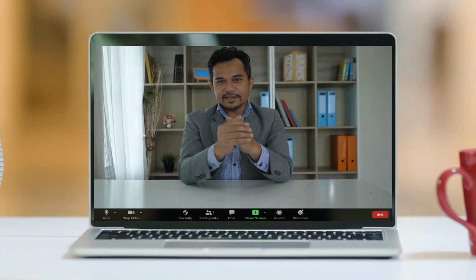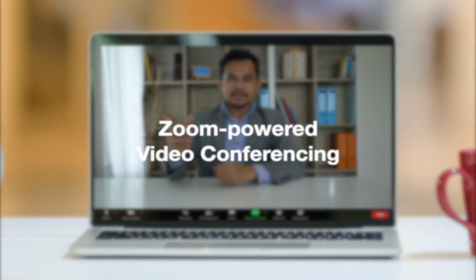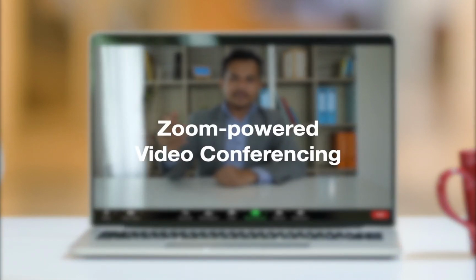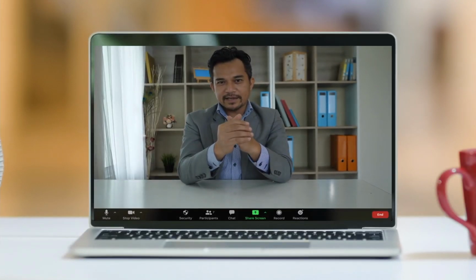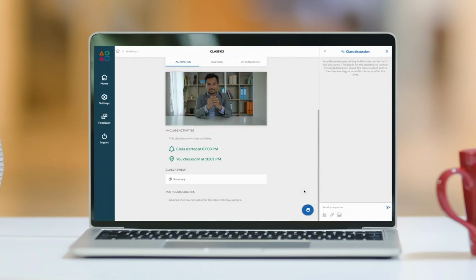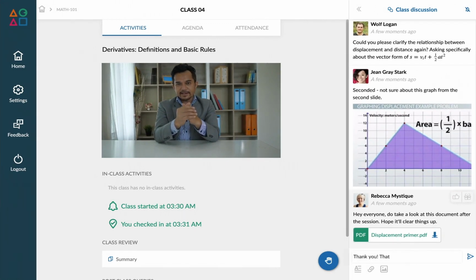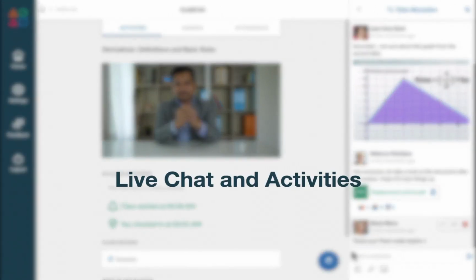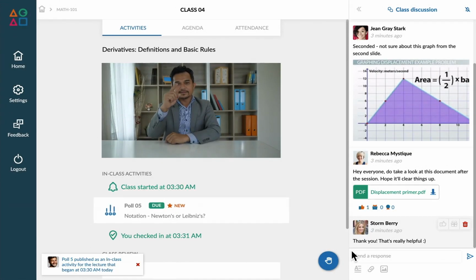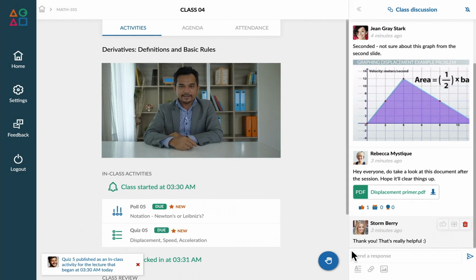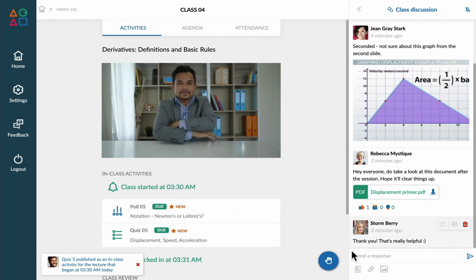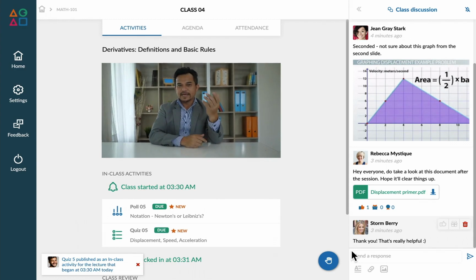Here's how it works. In online classes, Zoom powers Acadly's video conferencing, delivering the seamless experience that you love it for. And Acadly adds a wealth of interactivity options to the class's experience. Lively and feature-rich discussions keep the conversation ticking, your students engaged, and the interactions real-time. And rich activities add a whole new dimension of active learning that can help you transform your lectures to conversational